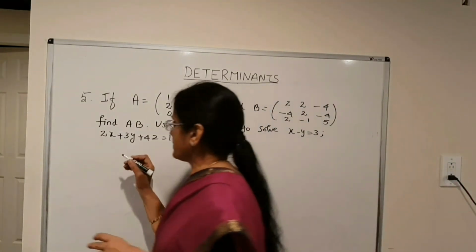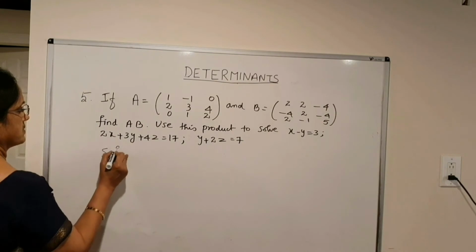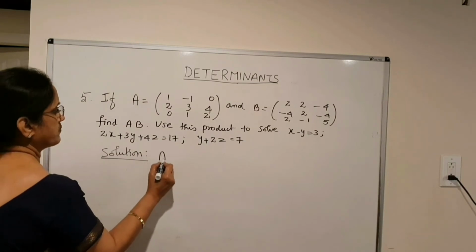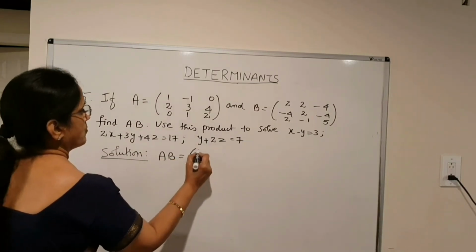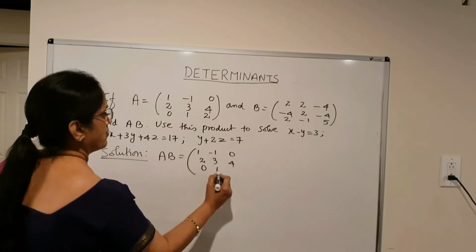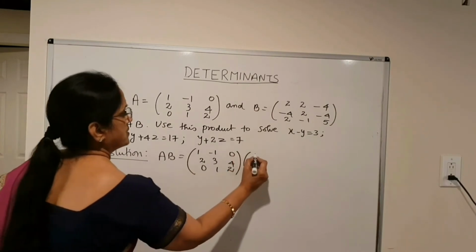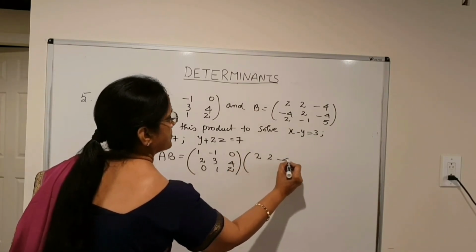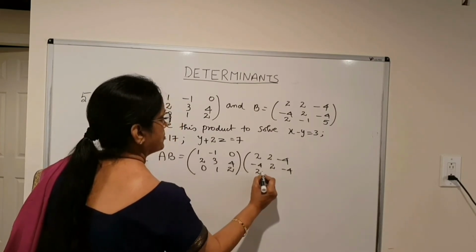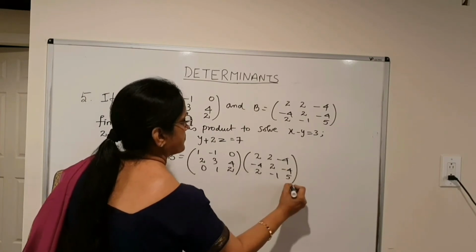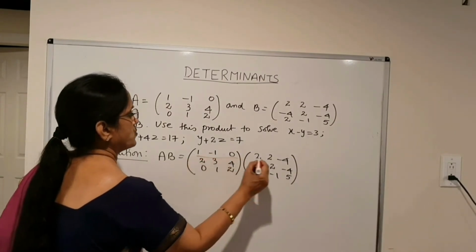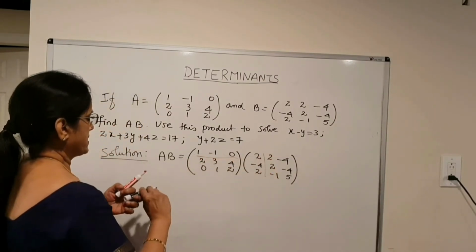Now, let's do this sum. Solution. The product AB we need to find out, which is nothing but 1, minus 1, 0, 2, 3, 4, 0, 1, 2 into 2, 2, minus 4, minus 4, 2, minus 4, 2, minus 1, 5. Now let's find the product. First consider the first row and the first column. You will be getting